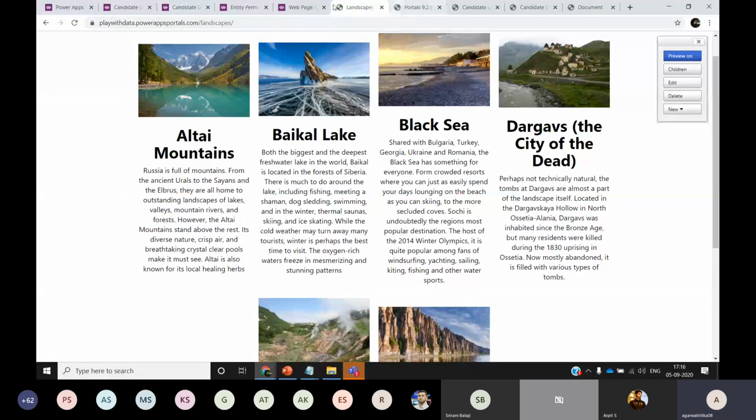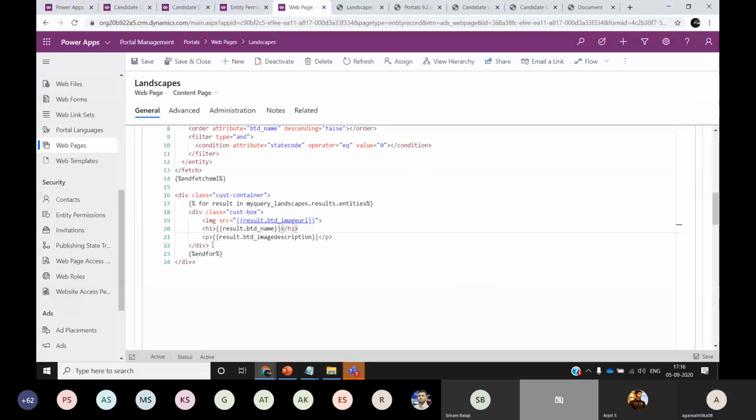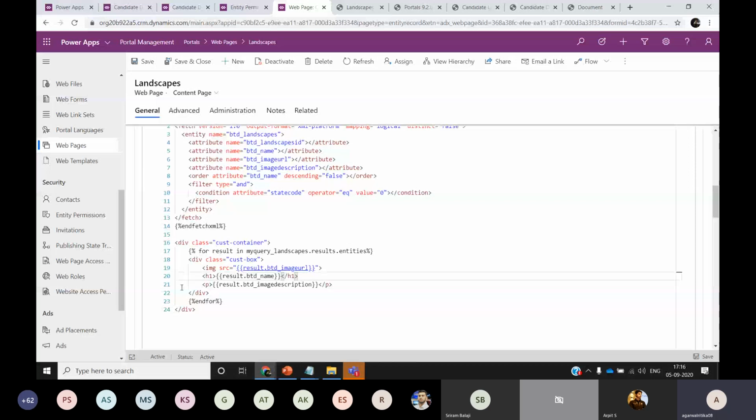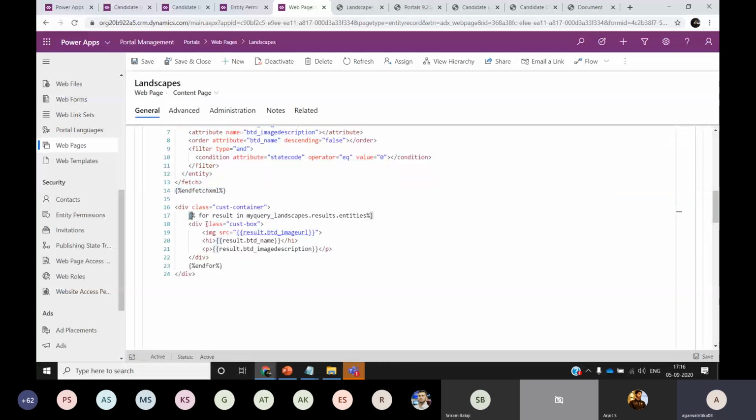The most important thing is when you're writing this fetch XML. So here, I got all the details, and the fields that I was using were pretty straightforward because they were all single line of text. But in case you have a lookup field or an option set field, then instead of something like result dot field name, you can fetch the other attributes out of it.